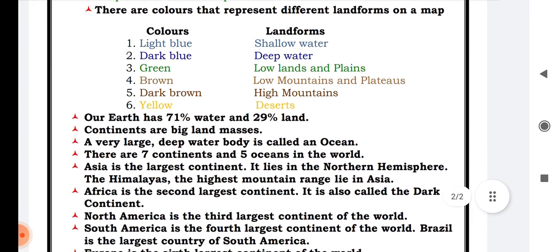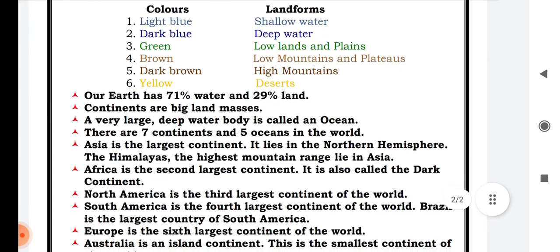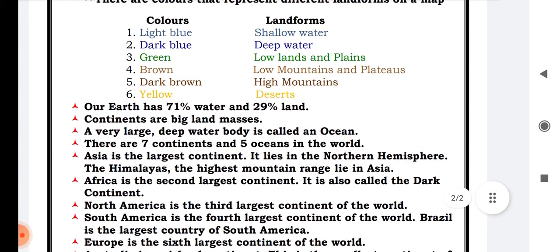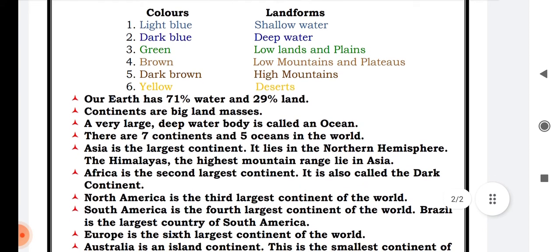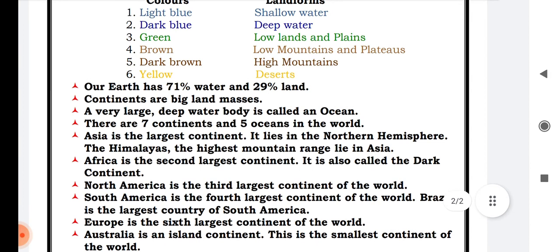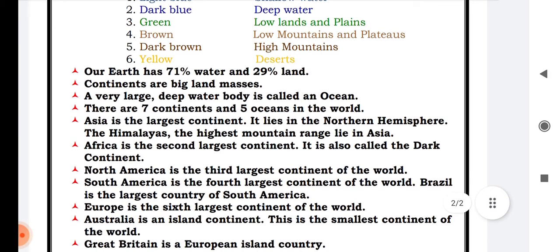There are colors that represent different landforms on a map. Children, if you remember from class 3rd onward, we tell you the color. Use the color for the Indian Ocean, blue color, Arabian Sea. Why? Because these colors depict the different landforms. Like light blue color we always use for the shallow water, dark blue, deep water, green, low lands and plains, brown, low mountains and plateaus, dark brown, high mountains, yellow